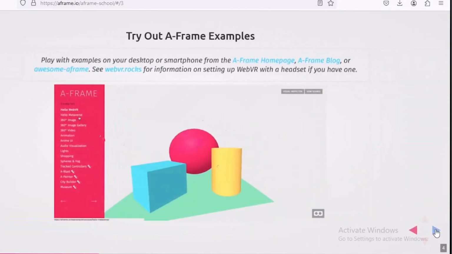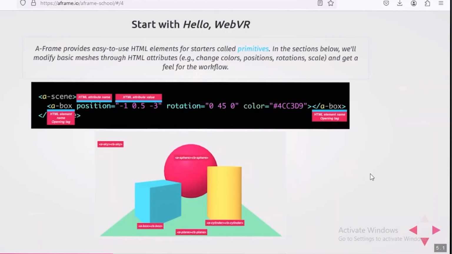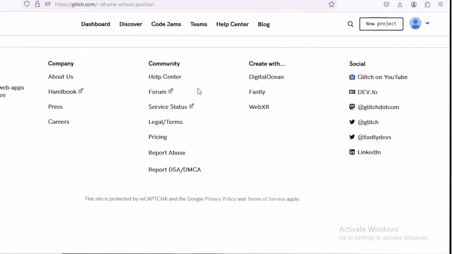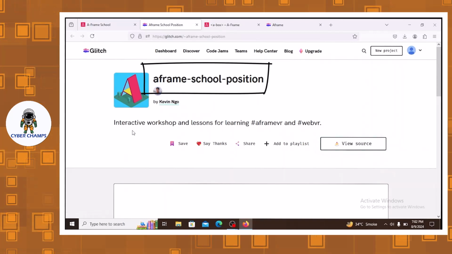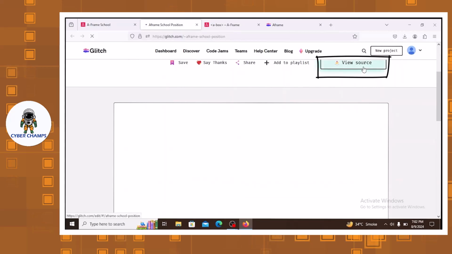Then we go to the left side. From this I will start some coding for you, and this is the basic. Start with the hello WebVR. Just go down, using the left and right buttons and then the down button. Now you can click on the remix. You will see here is an option, A-frame school, a position, interactive workshop and lessons for learning A-frame VR and WebVR. You can just click on the view source,